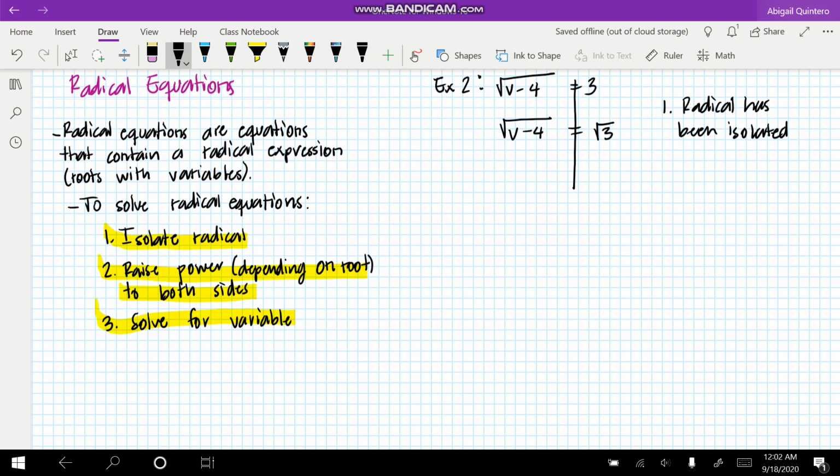Okay. So because the first step has been already done for us, then we jump to the second step, which is to raise the power depending on the root. So this, because it's a square root, we're going to raise it to the exponent of 2, and we do that for every single value. Okay, so we raise to the power of 2, and we do that for every single value on the